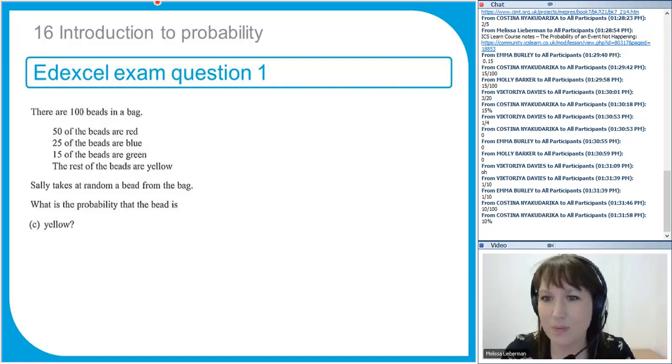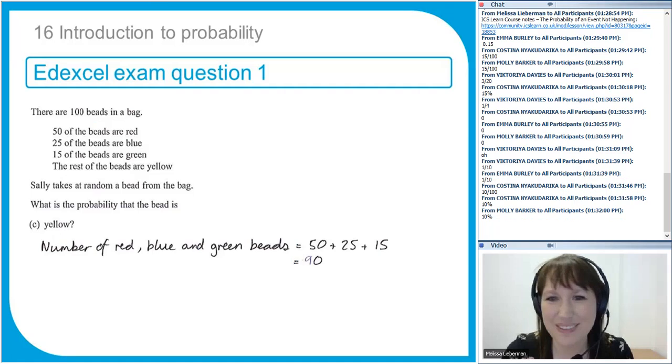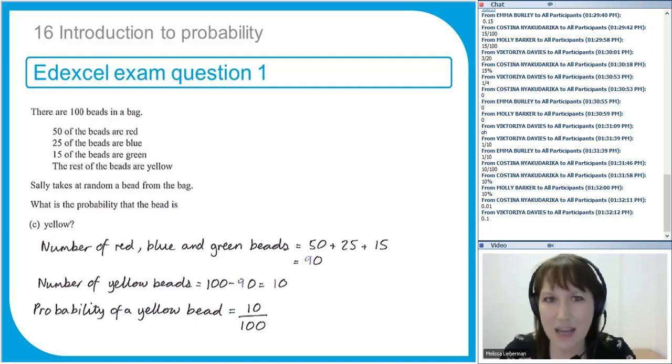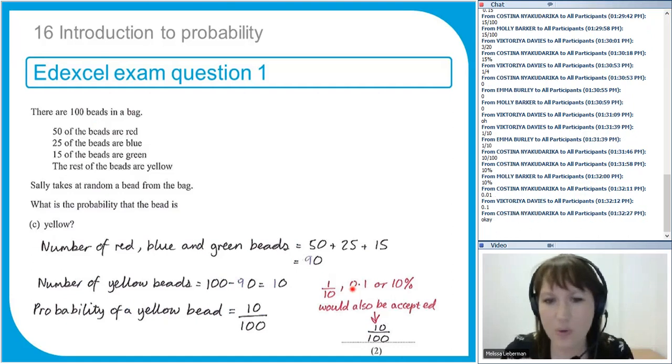Christina and Emma, good. 10%, Christina, good. And as a decimal, what would it be as a decimal? Anyone? Okay, that's what I'll show you. Careful, Christina, that's 100. So it's 0.1. Good, Victoria, perfect. So 10 out of 100 would be 10 over 100 like this, or you could write it as 1/10, or 0.1, or 10%. Perfect, good.